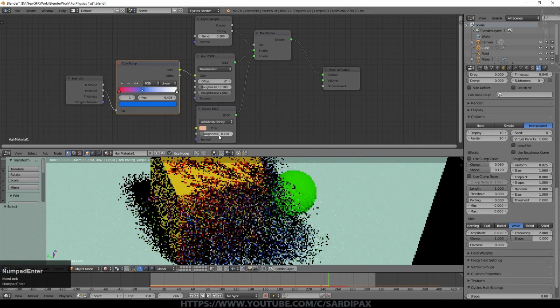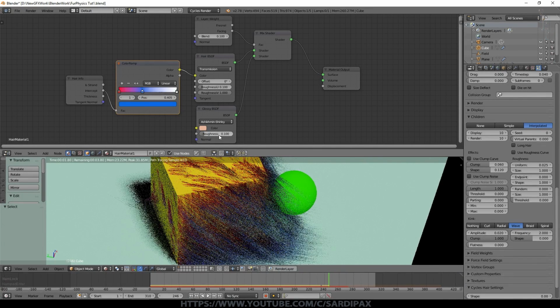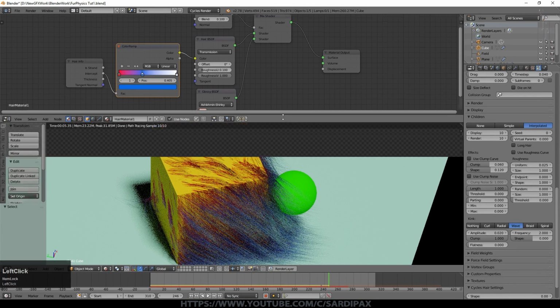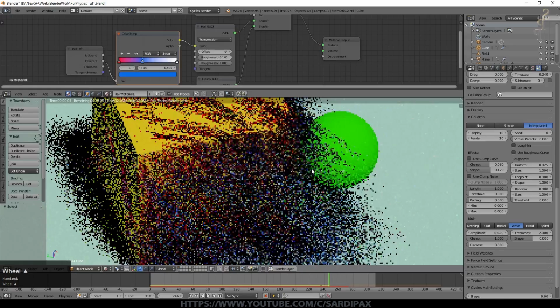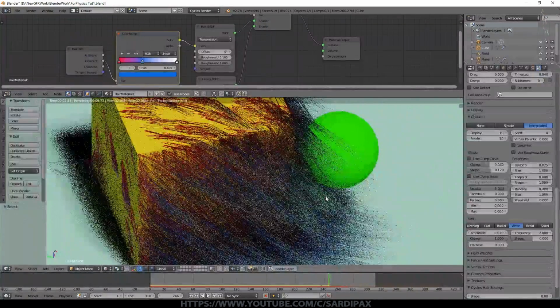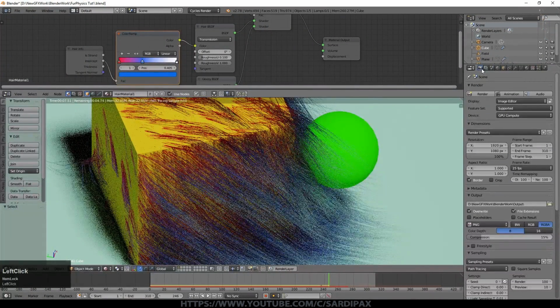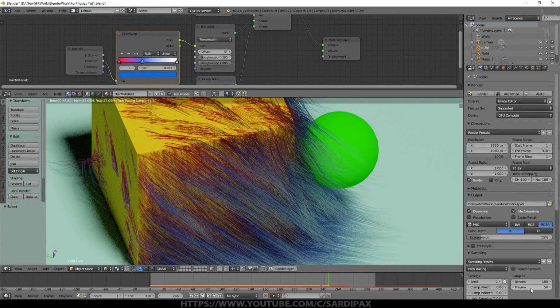We could make it slightly more dull hair by increasing the roughness. So you can see it reflects more light, but in a more random direction. But it gives you a softer look. I'll just zoom in on that a little bit so you can see it slightly better. And I'll let it run for a few more samples than the 10 that it's currently doing. So we'll give that 50. And that's really all there is to it.